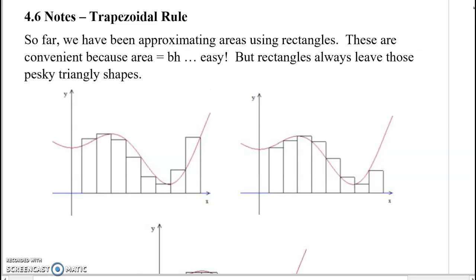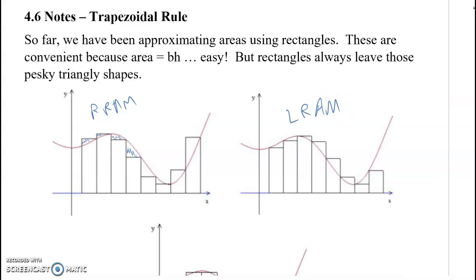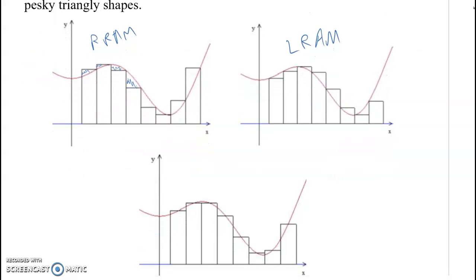So far, we have been approximating areas using rectangles, which is great because the area formula, base times height, is so super easy to use. But we've seen that curves don't really play so nicely with rectangles, right? We've got these triangles that are too big, or these triangles that are too small, and we have a whole lot of error in our estimations, whether this might be an RRAM situation for this diagram or an LRAM situation like in that one. And we tried to split the difference here with the MRAM, and that might be a little bit better, but all of them leave a lot to be desired because of these